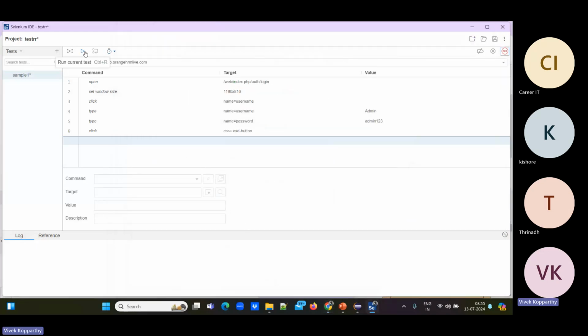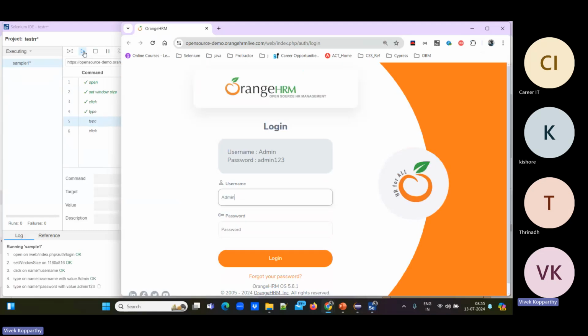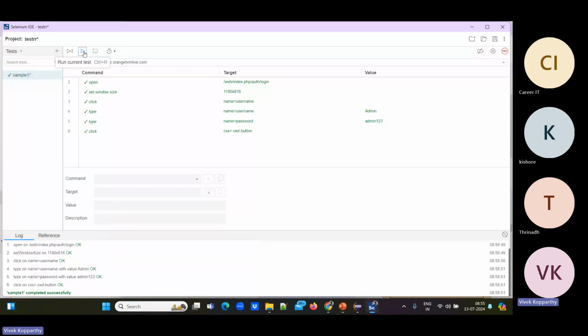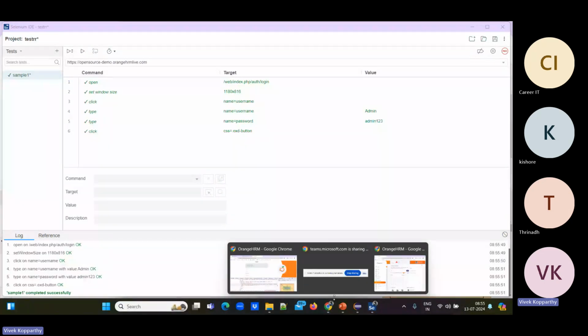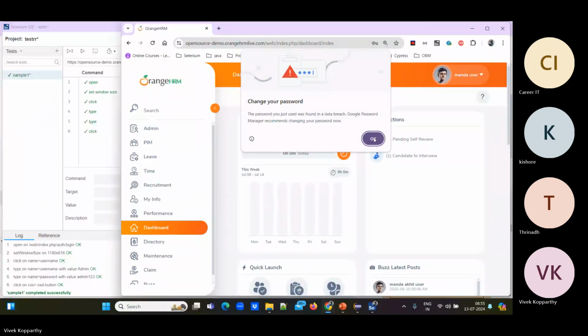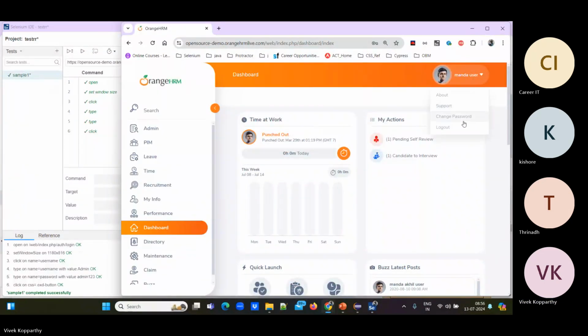See, now if you want to execute this, all the actions you did are recorded here. If you want to play, just click on run. See here, that's it. It's very quick. If you want to make it slow, that you can also do.